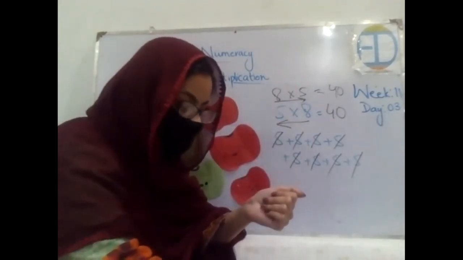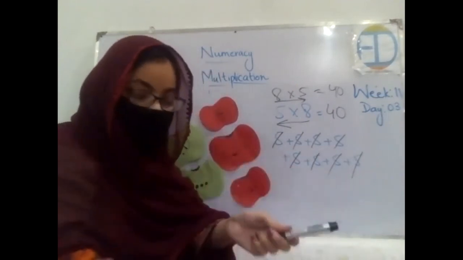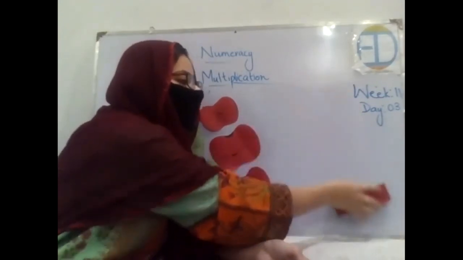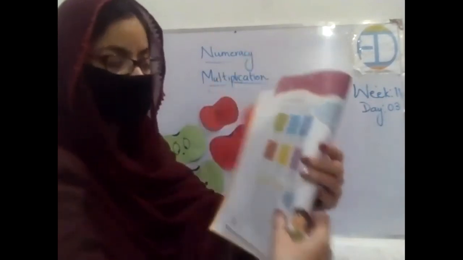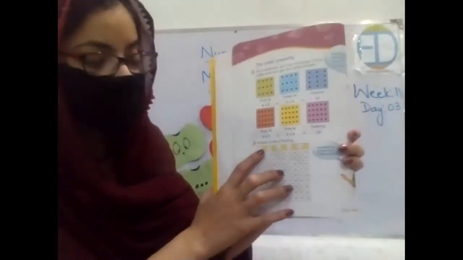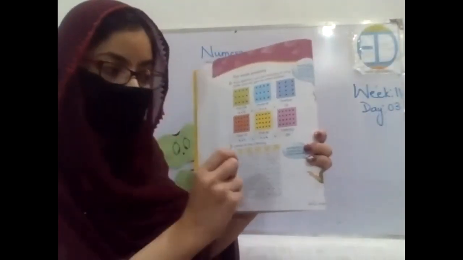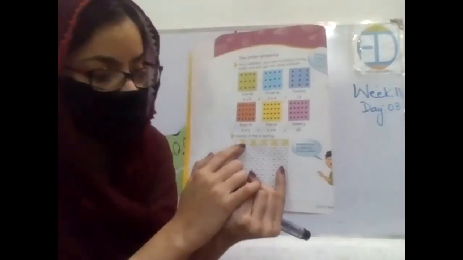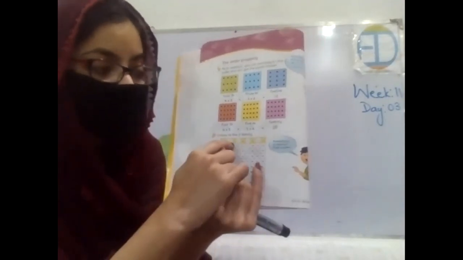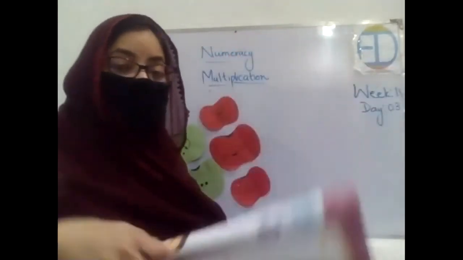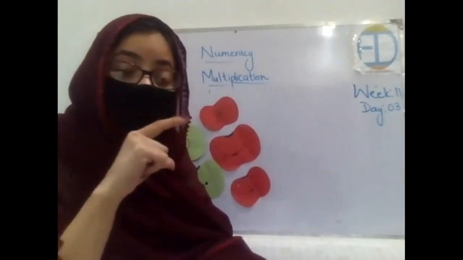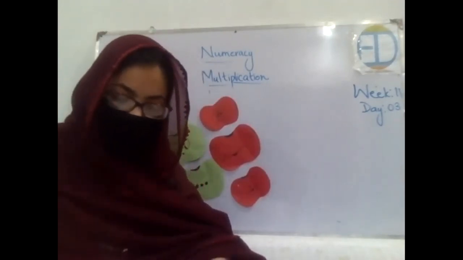Right? Now, over here, the table of 2 is written. We will be practicing the table of 2 together. In this term, table of 2 is included. So, in your book, a multiplication table is made. So what you are supposed to do is color the numbers in the same fashion. See, 2 ones are 2, 2 twos are 4, 2 threes are 6, 2 fours are 8, 2 fives are 10. You will keep on coloring the same numbers. So, continue the same practice that you will leave one number and then color the next one, right? In order to follow the table of 2 and color them until 100.